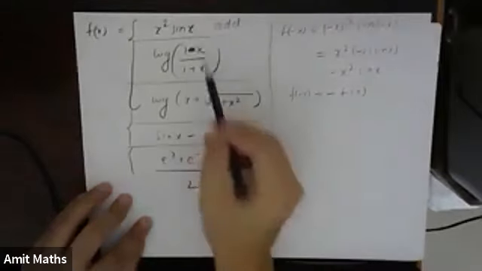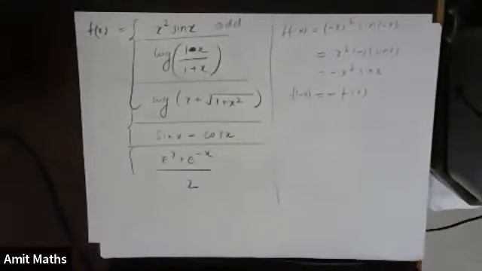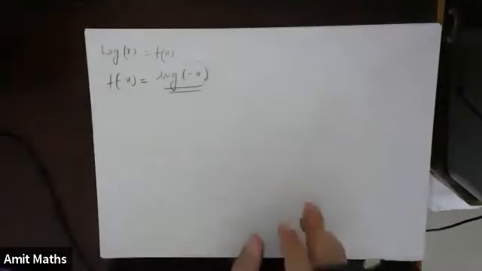For the third question, we can draw a graph for this function. Which one? This one? Okay, see, if it passes through origin, it is not necessary that it is an odd function. But if it is an odd function, it will pass through origin. There are two conditions: if it is an odd function, it will pass through origin, but if it is passing through origin, it is not necessarily an odd function.